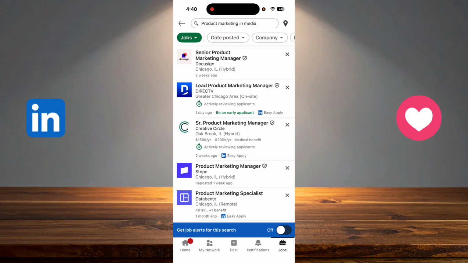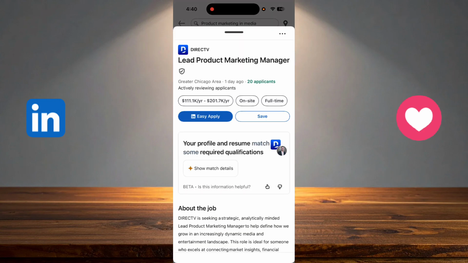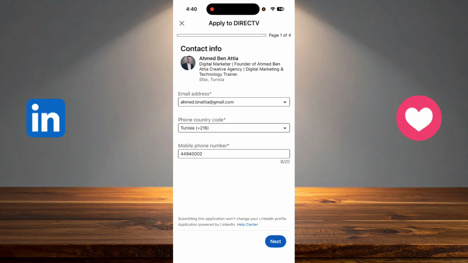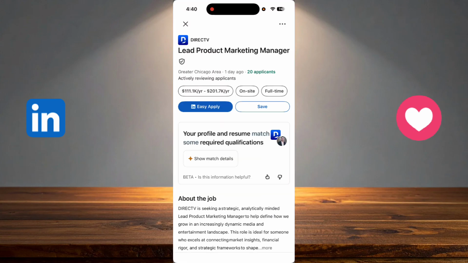As you can see, in this job, there is an icon of LinkedIn and it's written next to it, Easy Apply. You just have to click on it. And for Easy Apply, you just have to click on it, and it will take all of your details from your LinkedIn profile and send them to the company that opened the application. It's easier, but I don't advise you to apply a lot